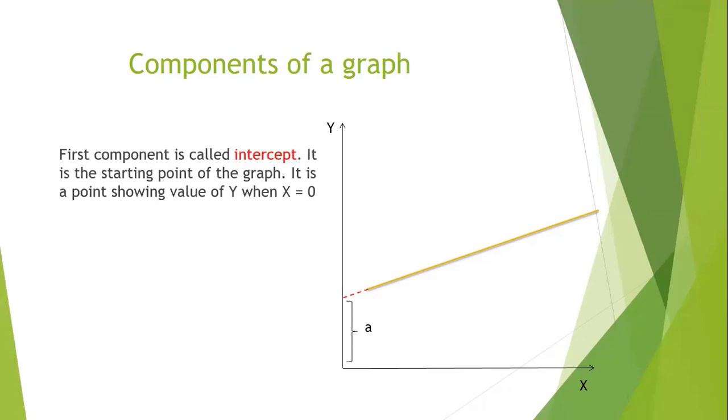So intercept is the starting point of the graph which shows the value when x is 0. What will happen to the relationship if the independent variable is not there? Definitely y will not be there, or there is some value of y. It can be negative or positive. Clear? So the intercept can be 0 if it is starting from the origin. It can be positive, just like this. It can be negative, going below the x-axis. So it also gives us a story.